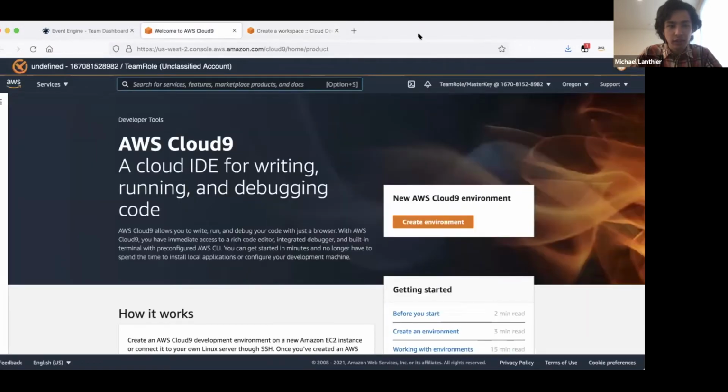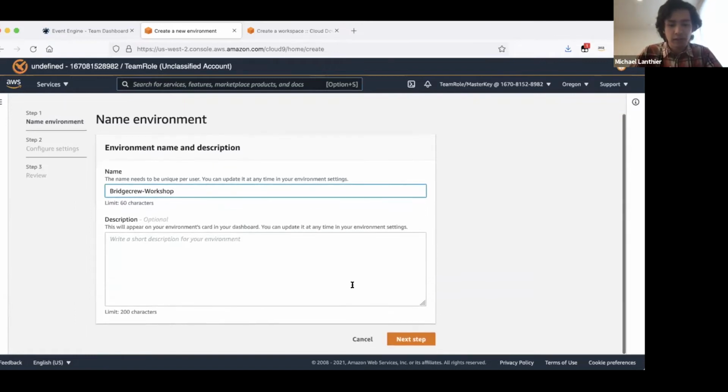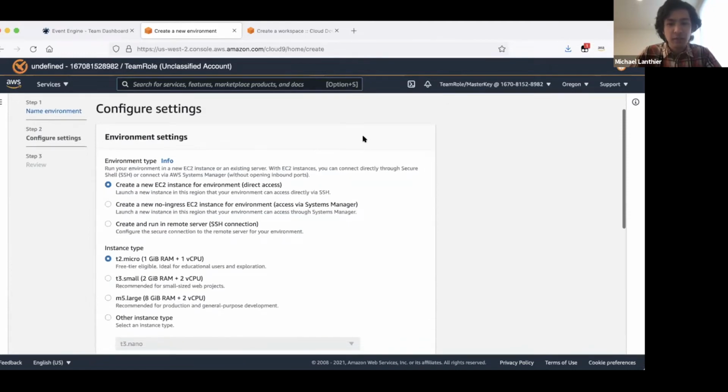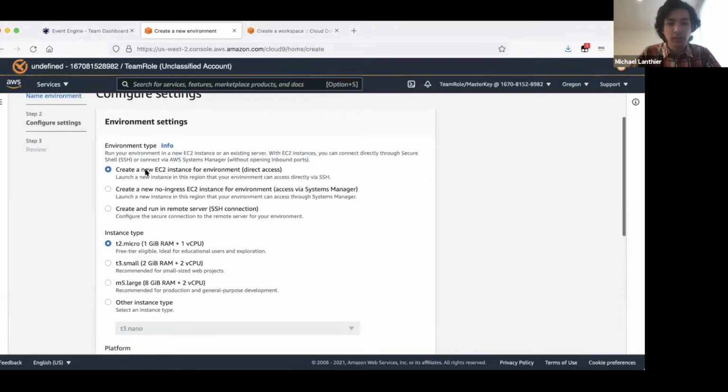Once you're here, what we're going to want to do is create this Cloud9 environment. So you're going to click Create Environment, and we're going to name it Bridgecrew-Workshop. And then we're going to go to the next step. You can leave most of the configurations as default. We're going to be creating a new EC2 instance,